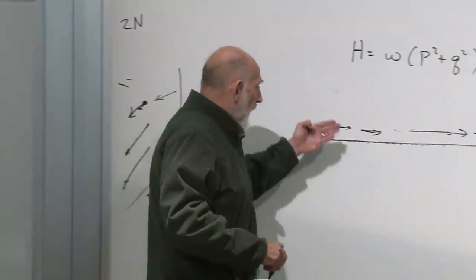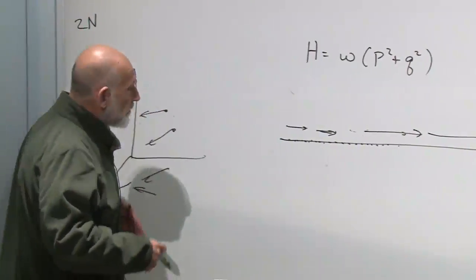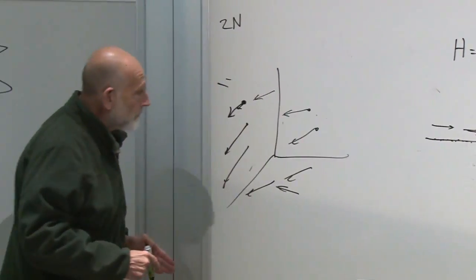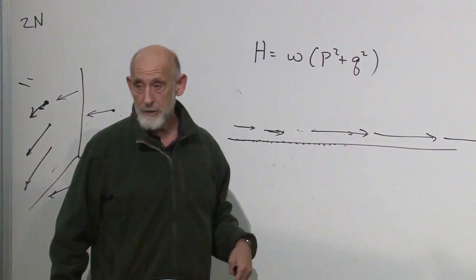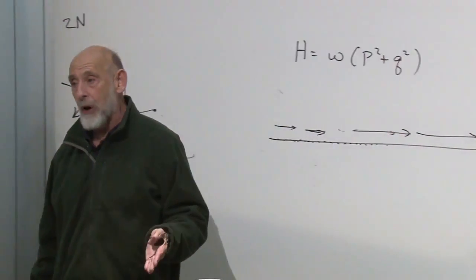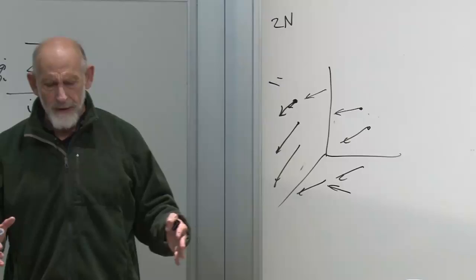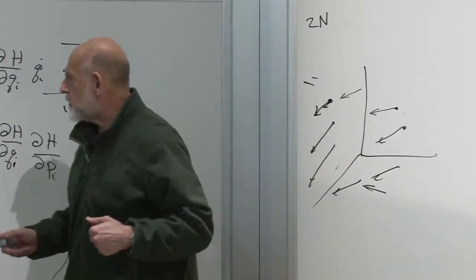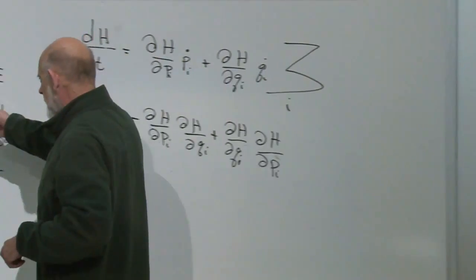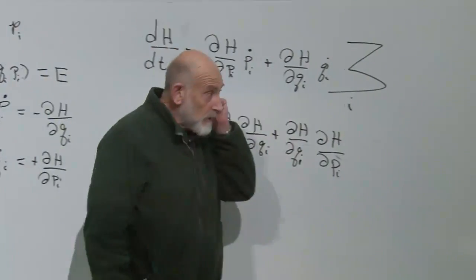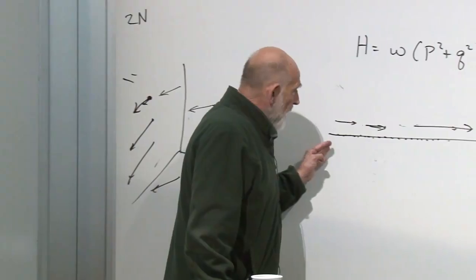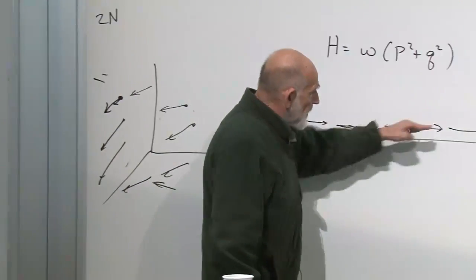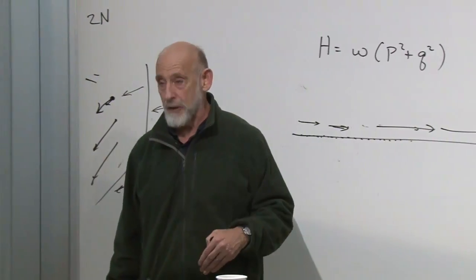So the only way to have an incompressible fluid in one dimension is for the velocity to be absolutely constant and independent of where you are. It could depend on time, but we're assuming explicitly that the Hamiltonian doesn't depend on time. And so an incompressible fluid would be one for which the velocity vector had to be absolutely constant.